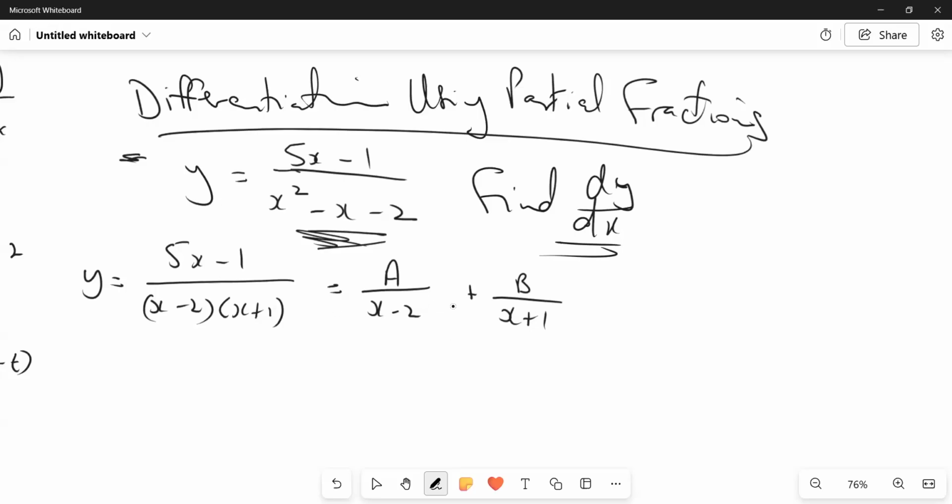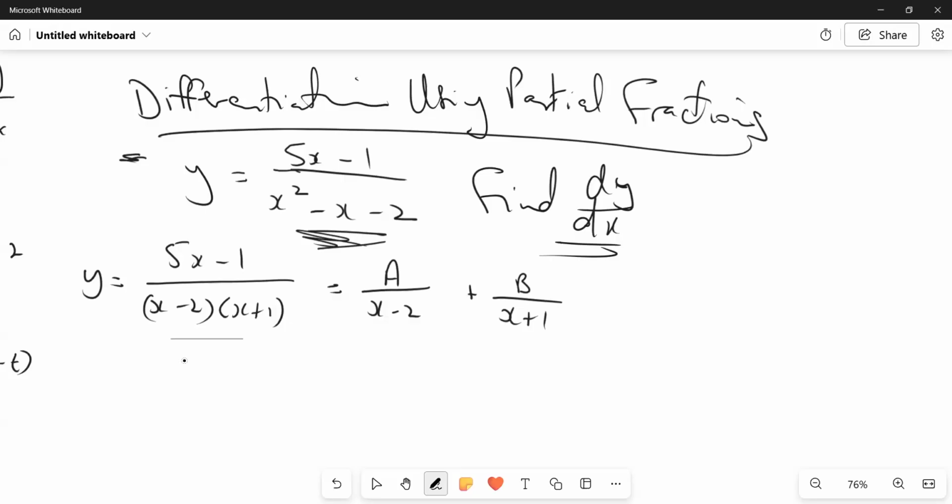Because if you were to add these two things, x minus 2 times x plus 1 will be your LCM, right? And then some number up here, when you do your arithmetic, your fractions, you'll get back the 5x minus 1 up there, right? So our task then is to find what A and what B is, right? So what we could do is multiply both sides by this denominator here, right? And you end up with